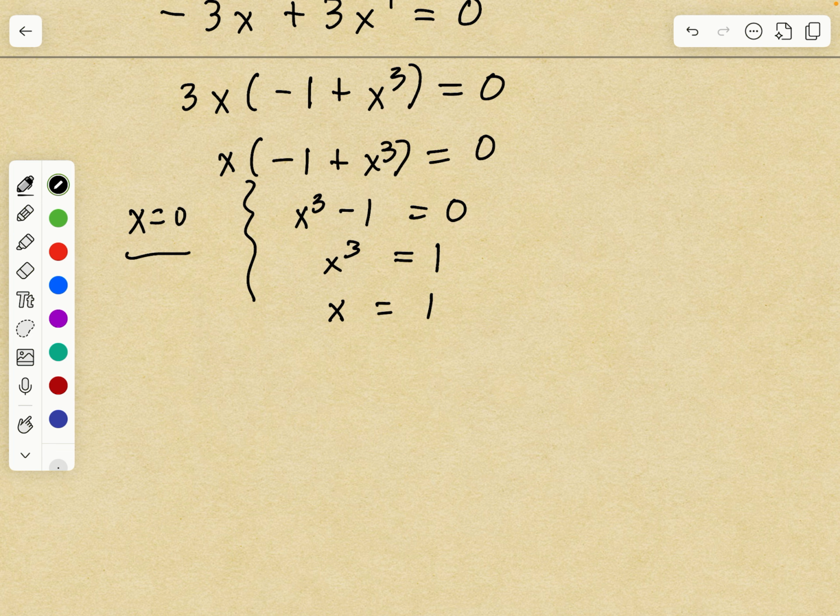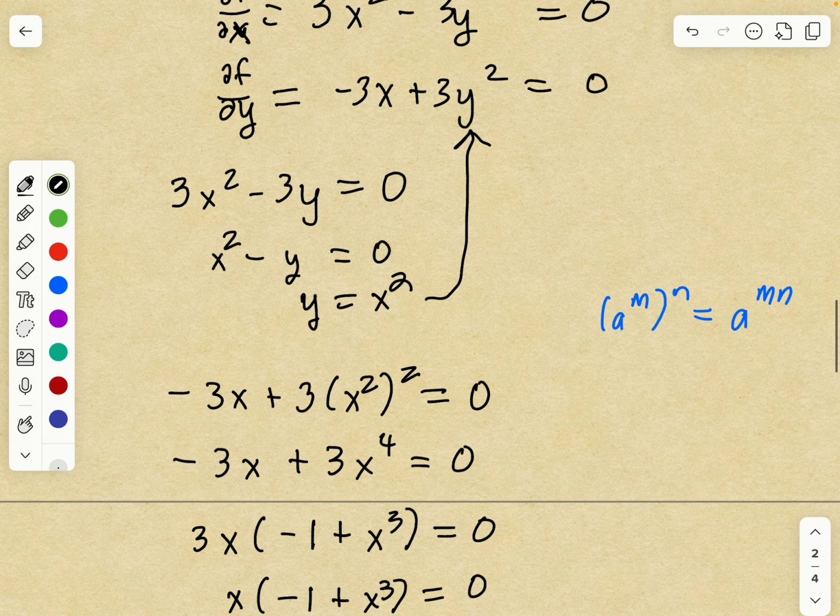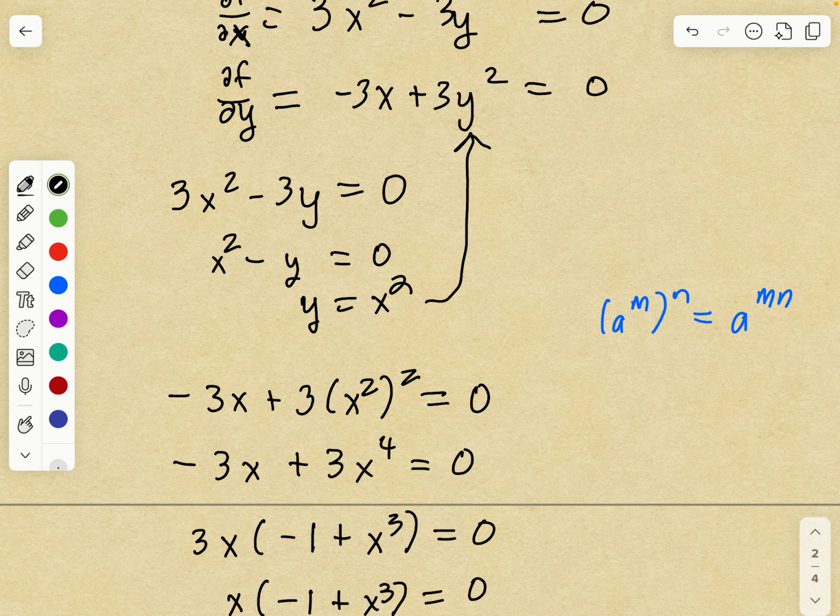And since I'm taking the cube root, by the way, I don't get negative 1. So I know that x is 0 or x equals 1. And am I done with the problem? What do I do here? Let's think about what we're trying to do, because there were a lot of steps, and think about what we need to do